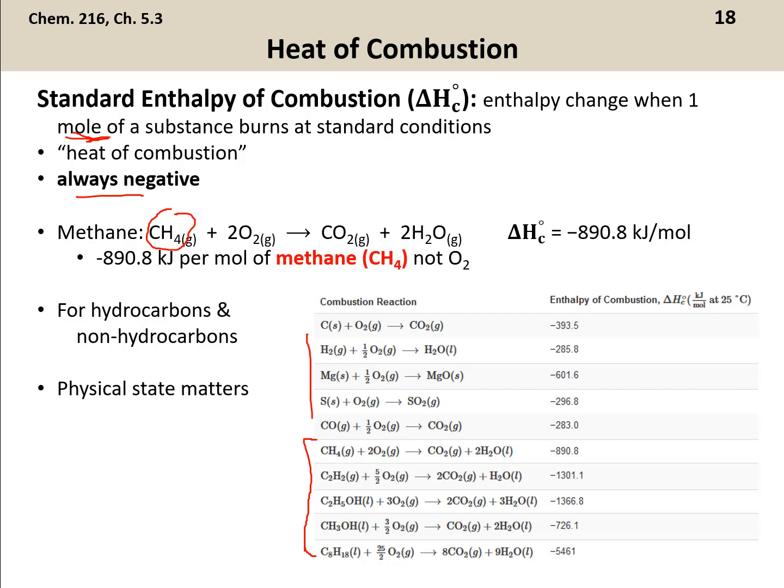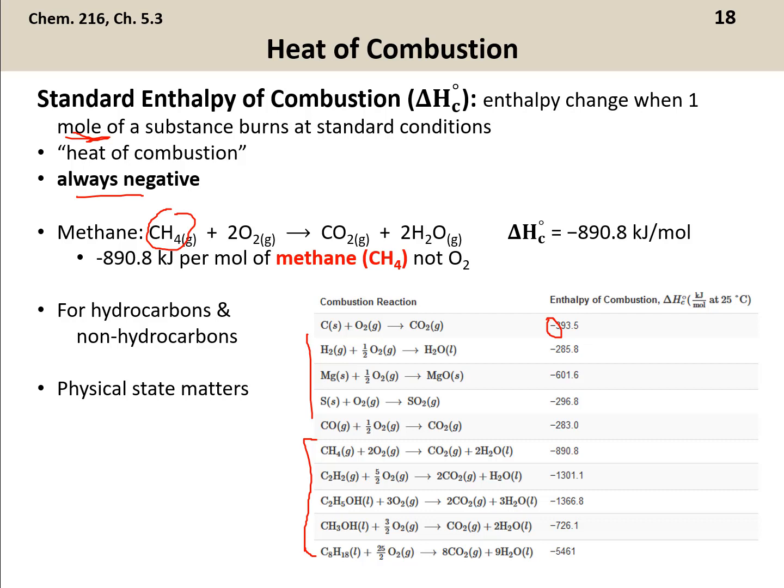The physical state matters. If I burn something in the liquid form, it's different than if it's in the gas form. Notice they're all negative because I'm burning things. And notice one other thing. A lot of these have fractions. And that's because when we deal with delta HCs, heats of combustion, it's always for 1 mole of a